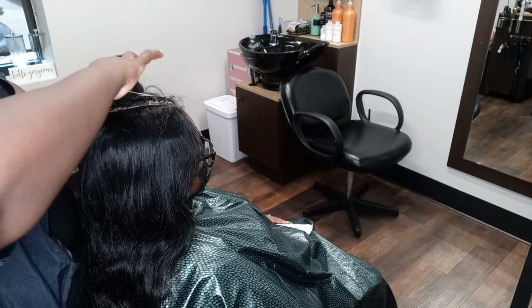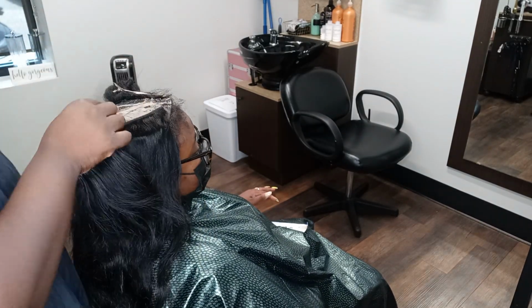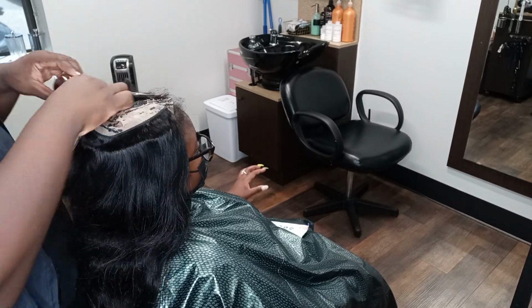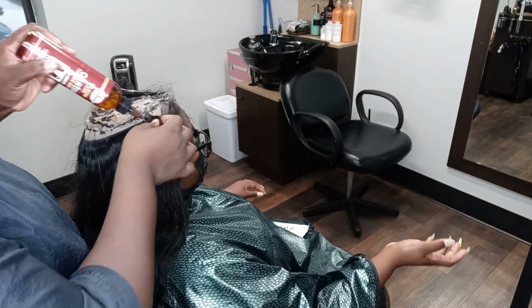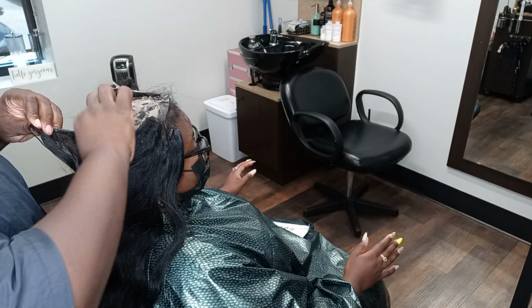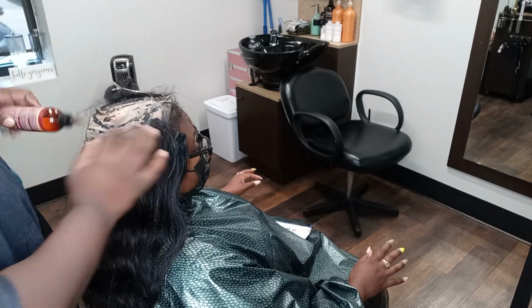to take out. So I just want to highlight some of the things I would have done to make it easier to take out, and also to make sure it was protecting the hair. Because of course, when people go into protective hairstyles, the number one thing they want is for their hair to be protected. And unfortunately, with the quick weave, my client lost a good amount of hair from taking it down,